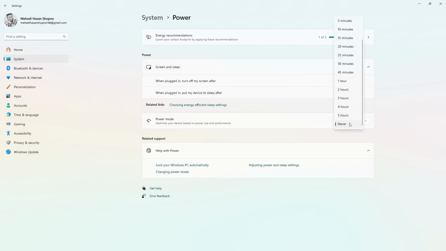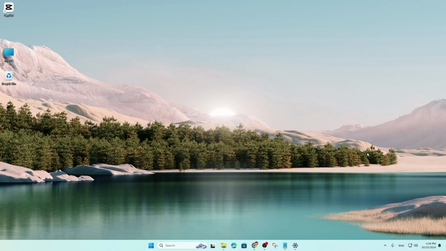You can see you can select 5 hours, 4 hours, 3 hours, or you can select 20 minutes, 5 minutes, 10 minutes, and quite a lot of options. But if you want, you can simply click on never. And you can choose it for these two times. You can see turn off screen after or sleep after. Both are selected as never. So this is how you can set your screen time and sleep time to